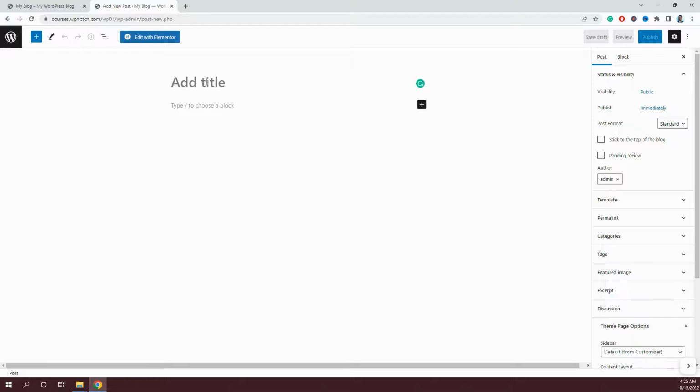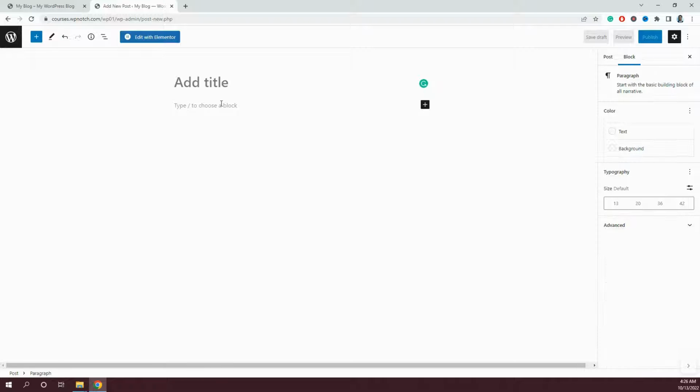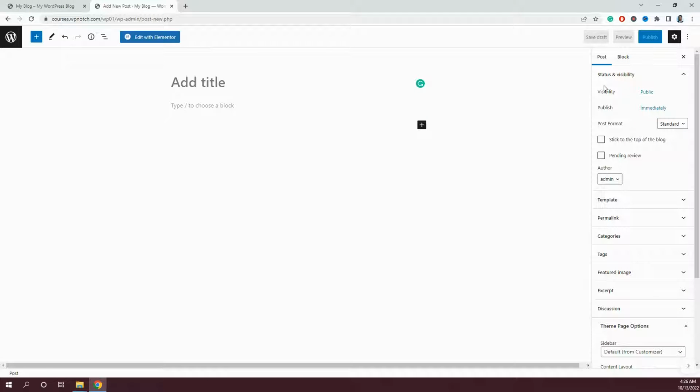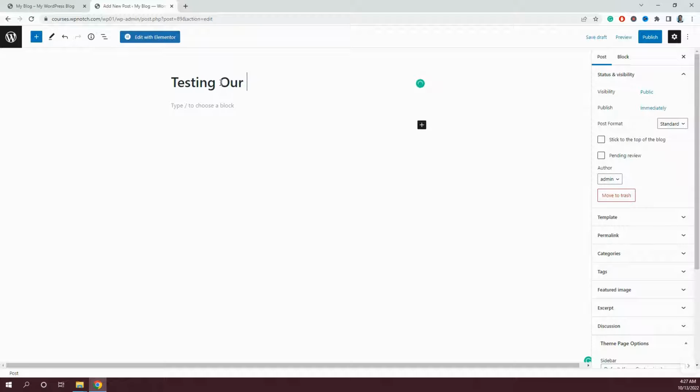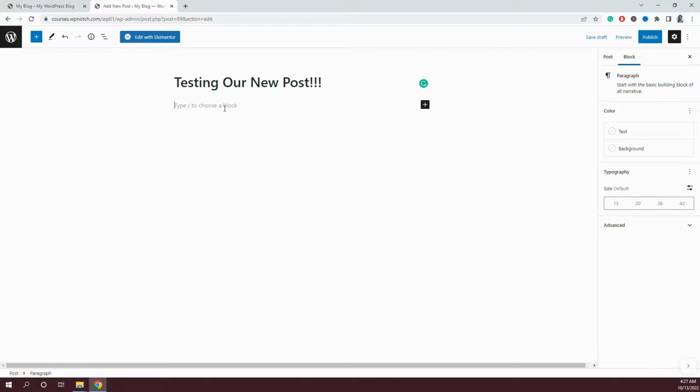and now you'll see a post editor is opened. Here we have different options. We also have an option to add a title. We also have an option to add some description, and on the right hand side we have different options like setting of visibility, publish, and all that. So we'll discuss one by one. First of all, we'll add in a title here, listing or new post, right? So this is the title we have configured,